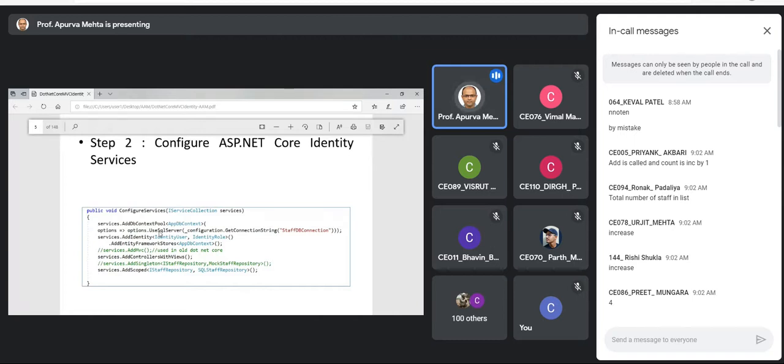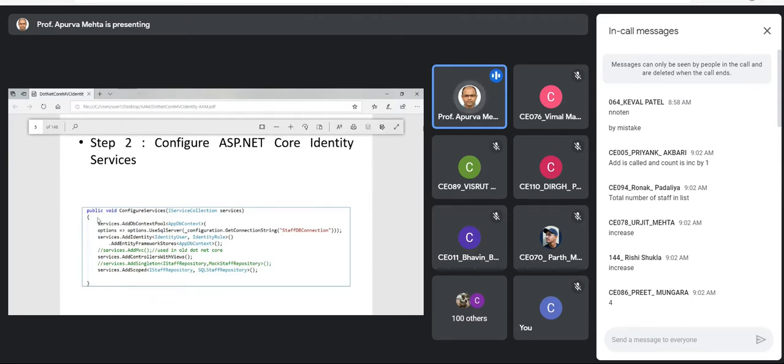So how to register identity services and where? We need to register with the dependency injection container in the ConfigureServices method, before AddControllersWithViews.